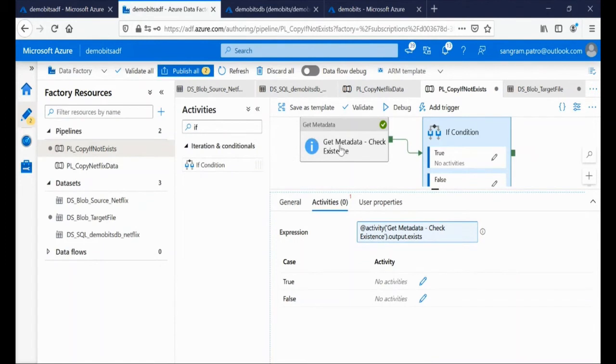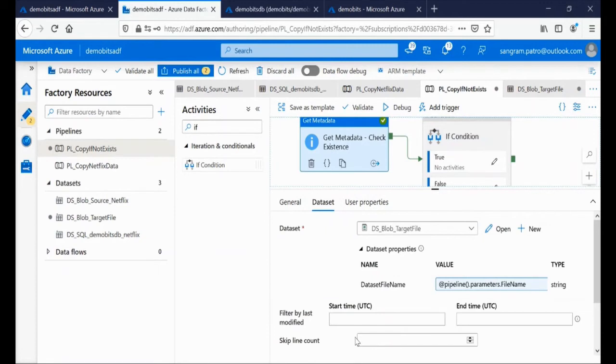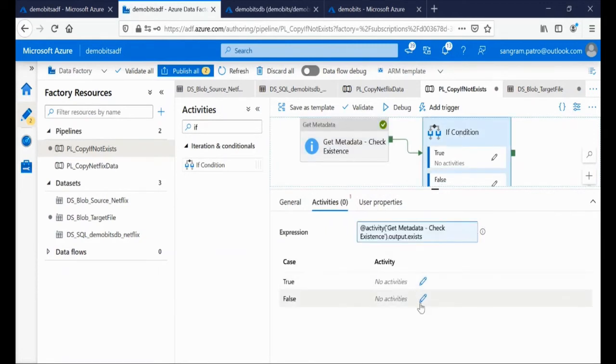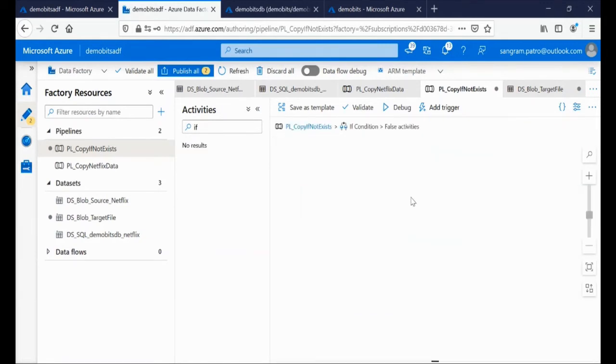So when the get metadata activity is producing an output of false, it would execute the false activity. If that is producing true, then it would call the true activity. So in our case, when the existence is false, it means the target location doesn't have that file and we want to copy. So false is our use case over here. So let me go to the false condition and add a copy data activity.